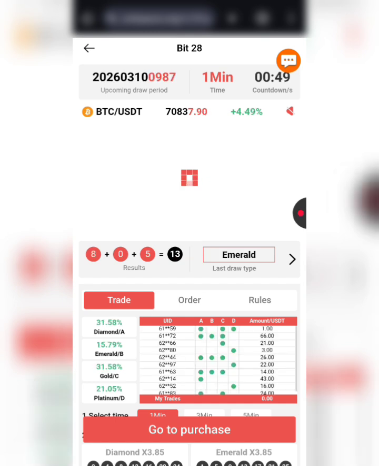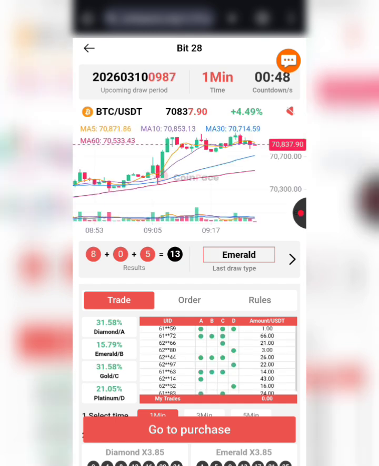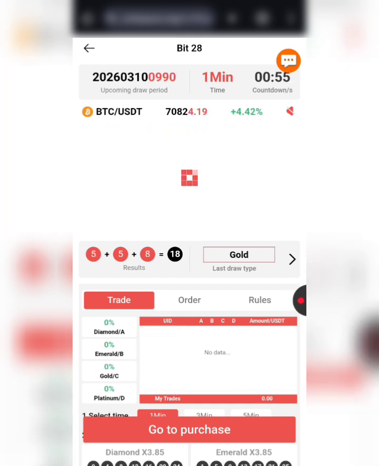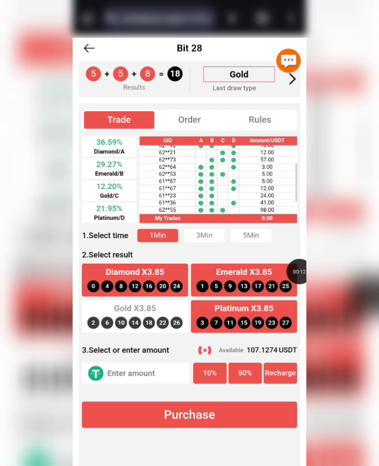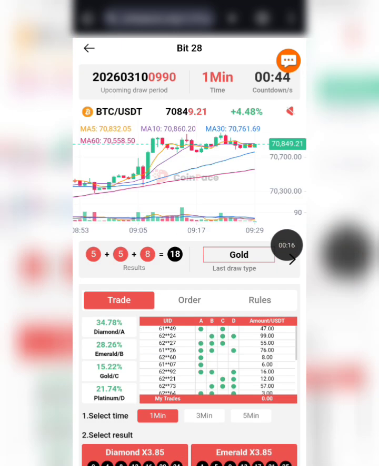So I've selected the formal button. Now I want to use the strategy in full. So now let's practice the strategy in full. So the last option that came out here was gold. So what I'm going to do is to select other options aside from gold, right? Because I'm expecting one of them to come out in the next round, right?